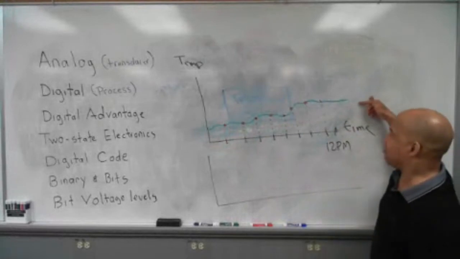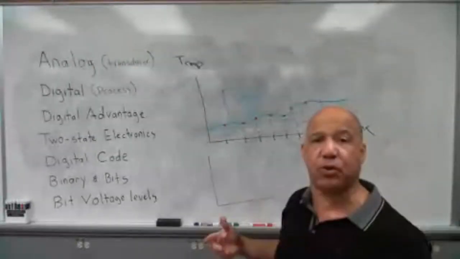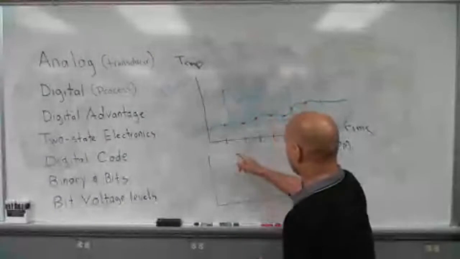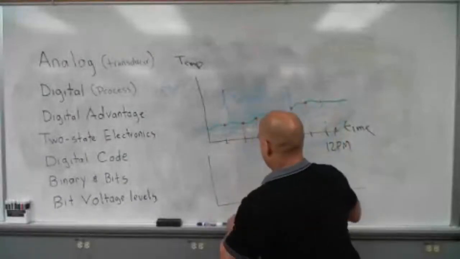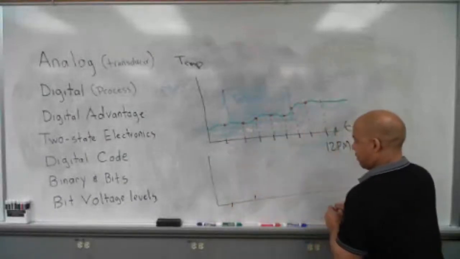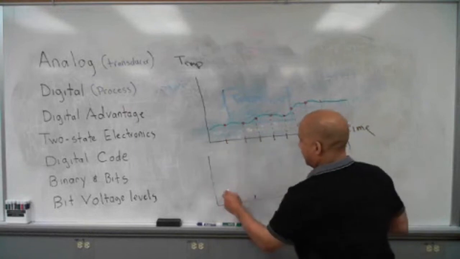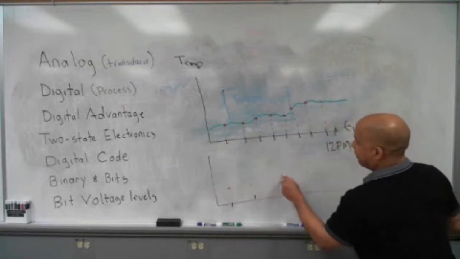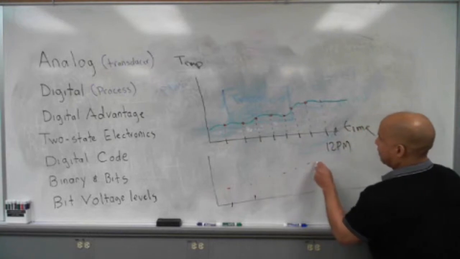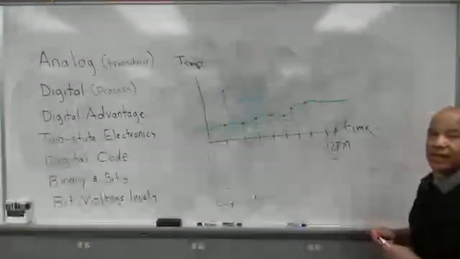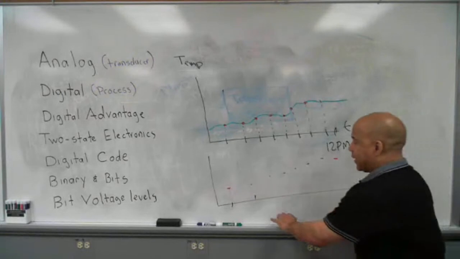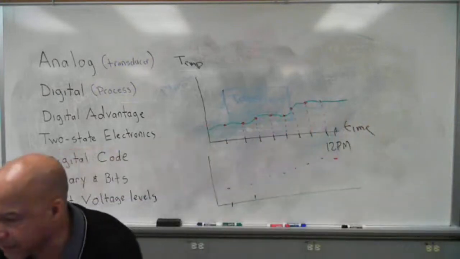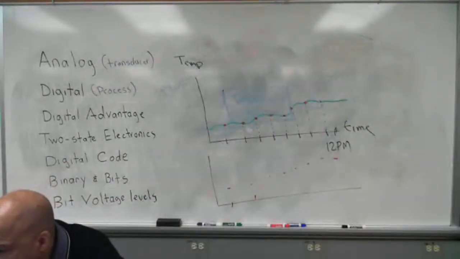Instead of having this continuous analog graph that you would get from some kind of sensor or transducer, what you'd have are these data points. And so at this time right here, you have a data point, and then here you have a data point, and then you have these data points. It might look something like that. And so if I go back to my picture,